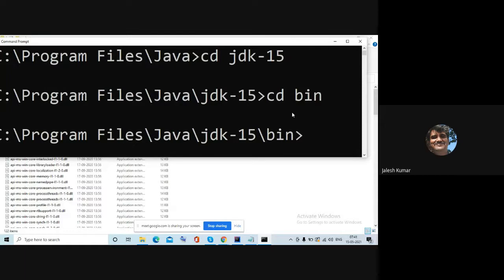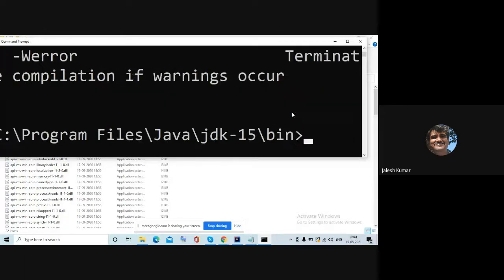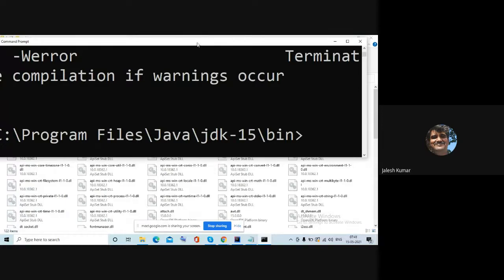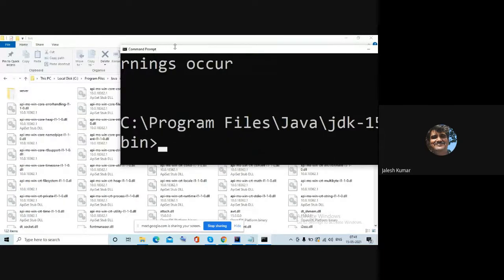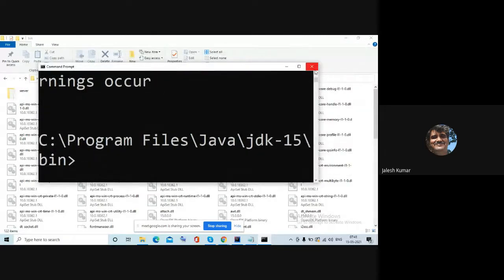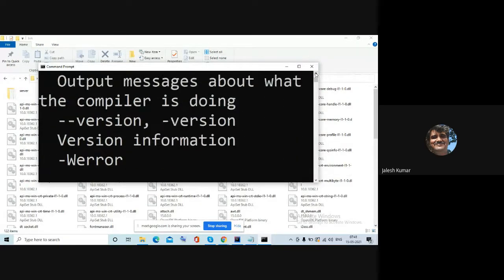So you have to execute the program at this particular location. That means you have to verify javac. Then this particular information will come if it is properly installed. Some information regarding the Java compiler you will get.